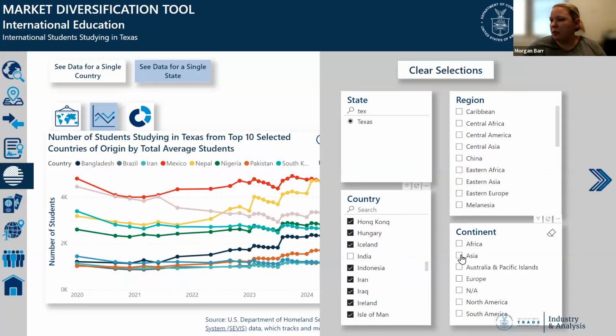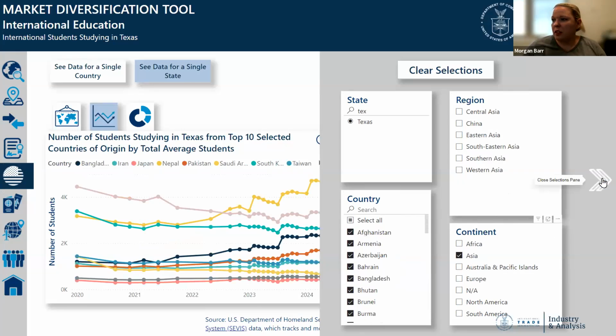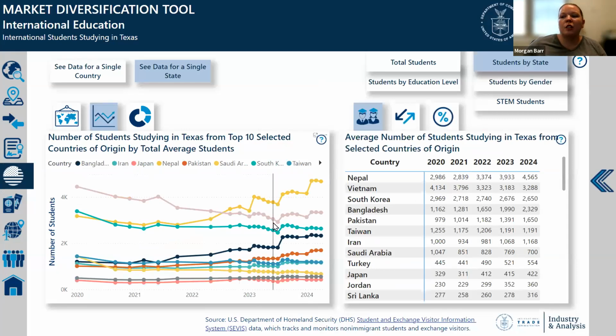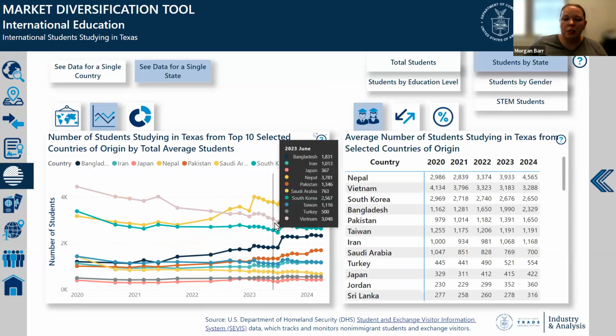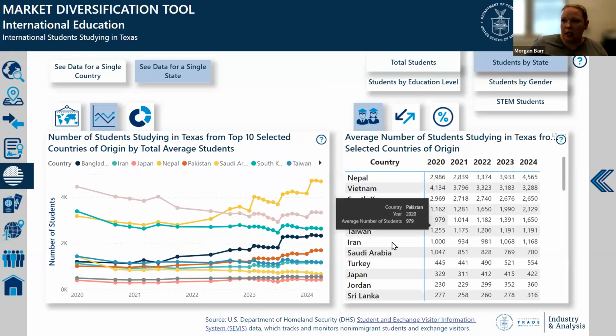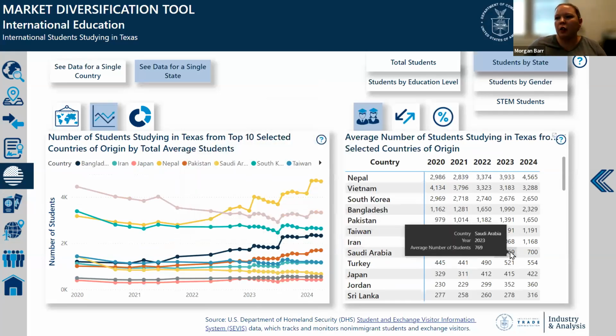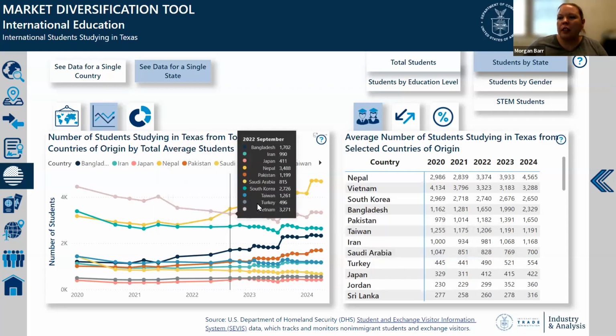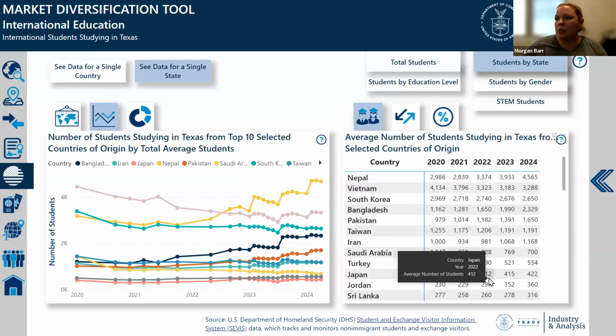And maybe I just want to focus in on Asia here. Deselected. So now we're looking at top 10 countries in Asia for students coming from Texas, other than China and India. So you can see a lot more trends here. So what we can see, oh, I'm sorry. Okay, so this top yellow line here, this is students coming from Nepal, which is kind of surprising, interesting,